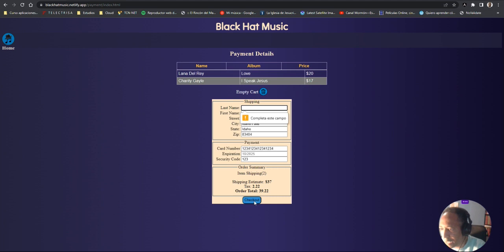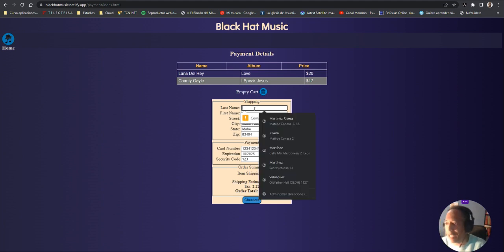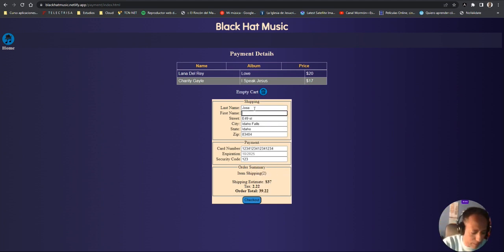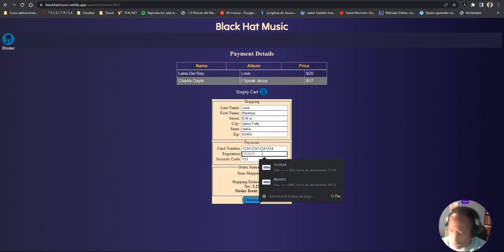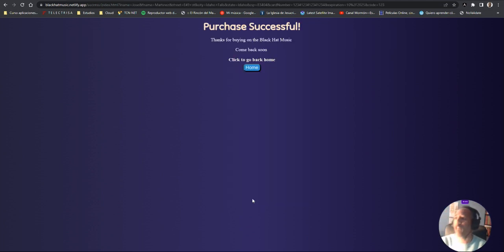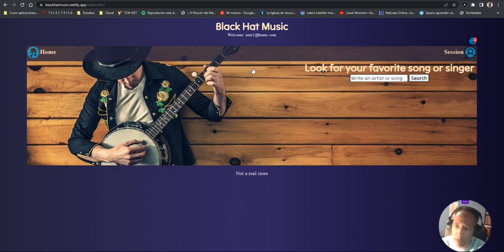If I hit checkout, I see the validation of the form. I set my information. Okay, the expiration day. When I hit checkout, I have another page telling me that all was successfully done, and I have a button to return back to my main page. Okay, now